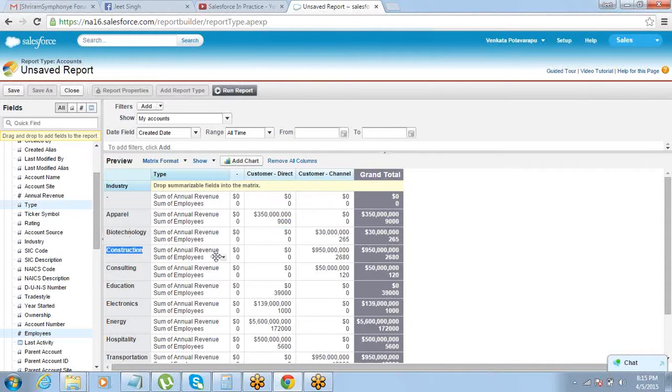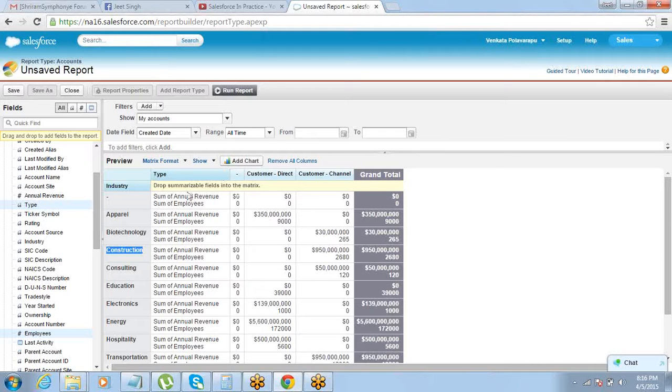Which construction industry, how much of it is there, right? So it's like if you're creating a sales report for a company, I just gave you an example for a summary report, which country, how much revenue was generated by that company. That is one report. If the company says, okay, which product, how much revenue they generated, they also want to understand in which country they sold which product more, right? So that is something which can be done using matrix format. Matrix format will summarize the data on both the axes.